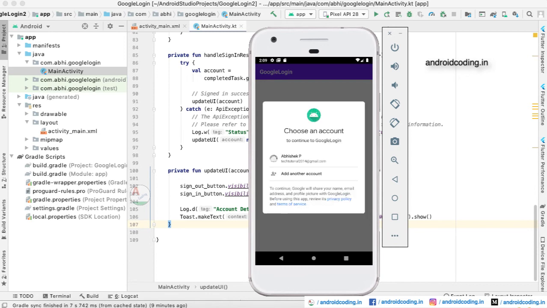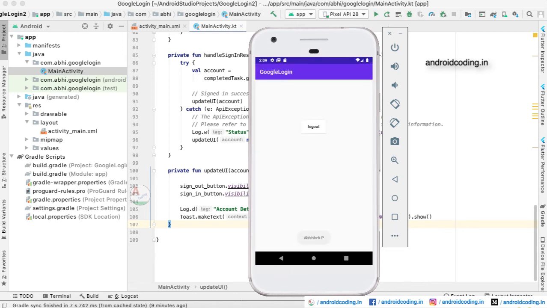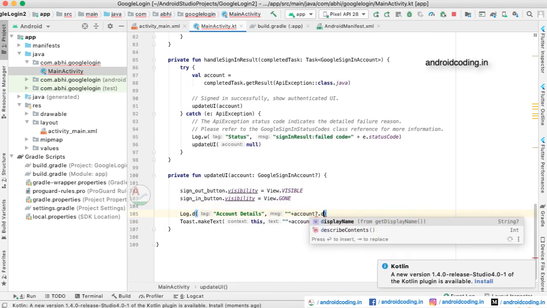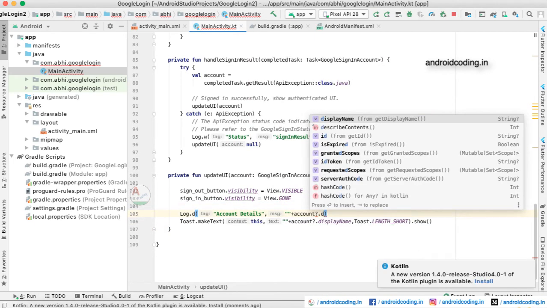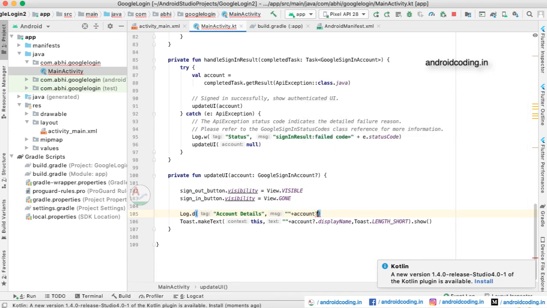Let us once more see how the output is. Here you can see the toast of the username, and not only the display name, but photo, email account, family name, all these kinds of parameters are available, and you can use them in your coding.